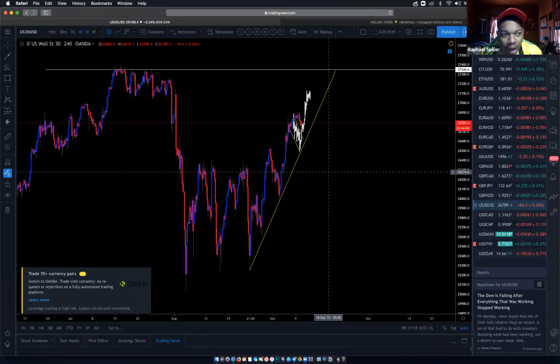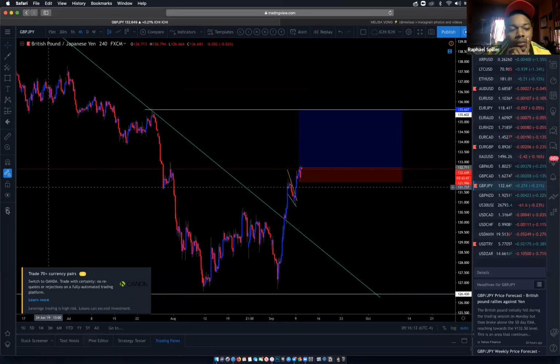When it comes to patterns, for example, double tops, double bottoms, you know, you have the correction, the ICC and everything, right? You want to trade in the clearest pattern possible. Let me explain.